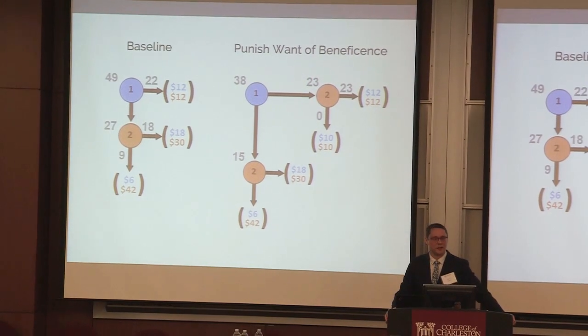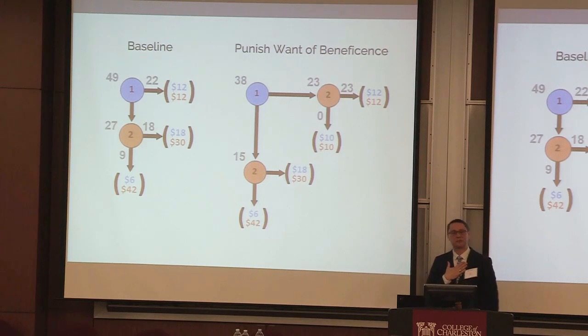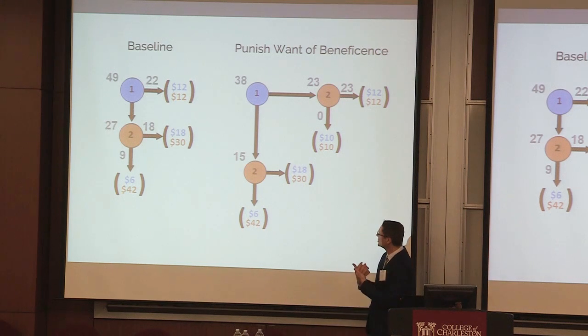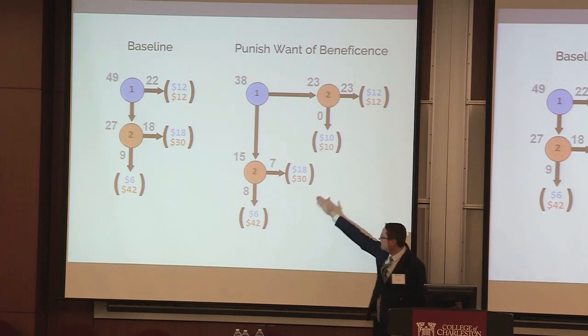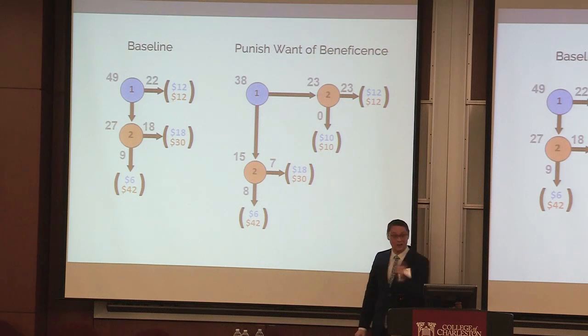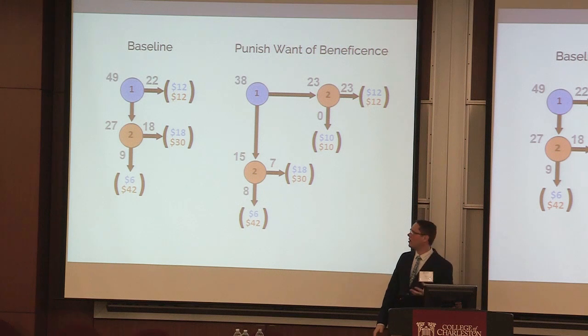Now why are 1s not playing down? This surprised us. Every experiment that I've run, I find something I did not expect, something that surprises me. And that's an opportunity for me to evaluate my own interpretation of what people do. So why are 1s not playing down? Because they are right not to do that, because those 2s are not rewarding that beneficence. Half of them, or maybe more than half of them, are choosing 642. And for some reason, the 1s know that, and they're not being beneficent. So they know.